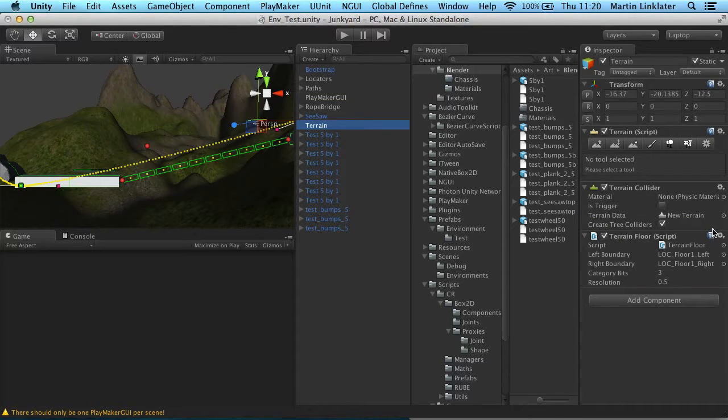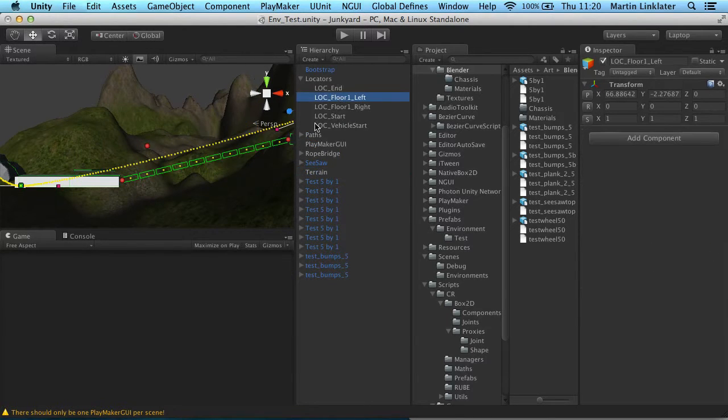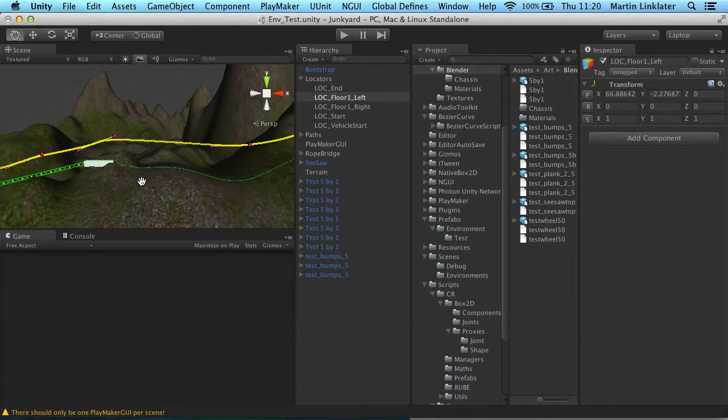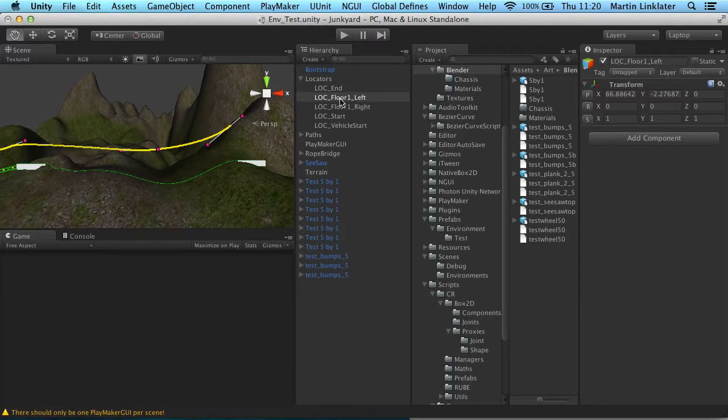So my terrain now has this terrain floor component, which is my little thing. You basically give it a couple of locators for where you want the generation to begin and end. Basically, I've got it there. So there it is. You can see the green line, which gives you a preview of what collision it's actually going to generate. So you think, right, where that block finishes, I'll blob that there. I'll do it to the start of this block,